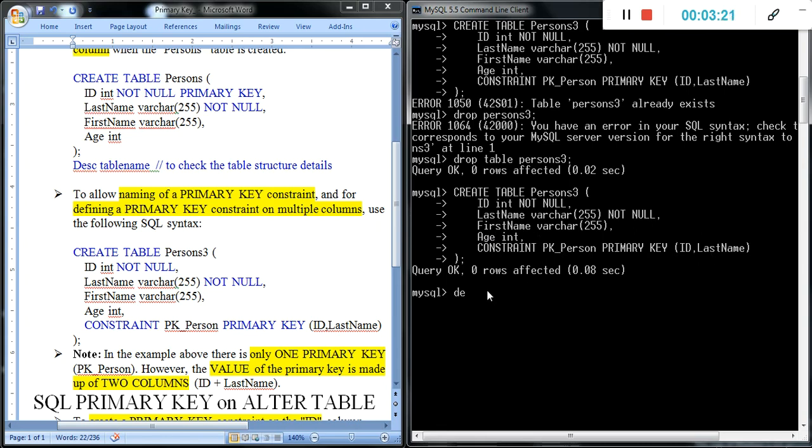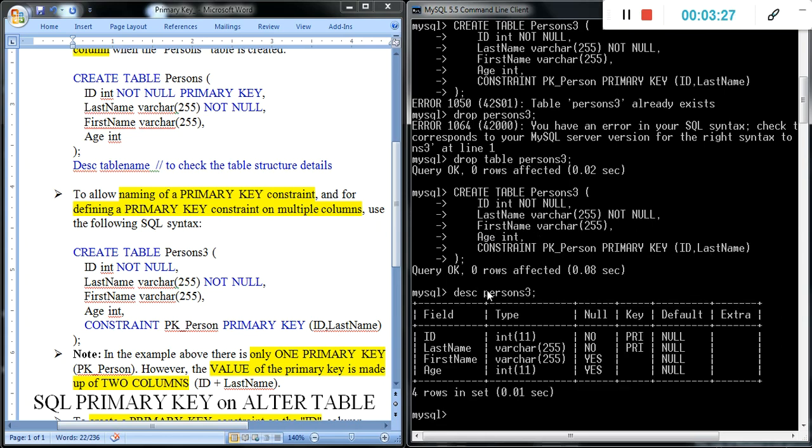We check the description of the table persons3. It shows ID and last name as the primary key. Now we insert a record: insert into table name persons3 and the values, ID is 1, last name is Dhamdere, first name is Srikanth, and age is 37, right?